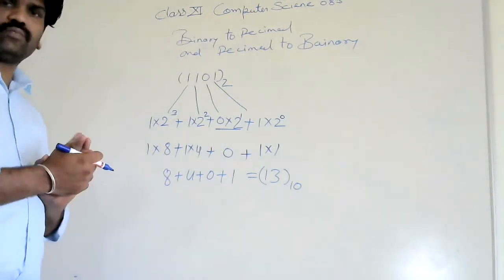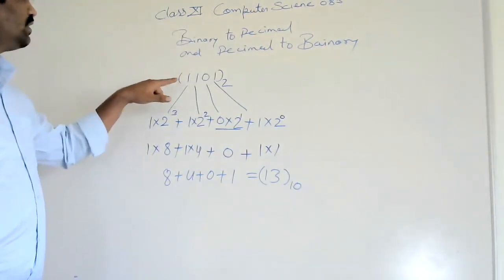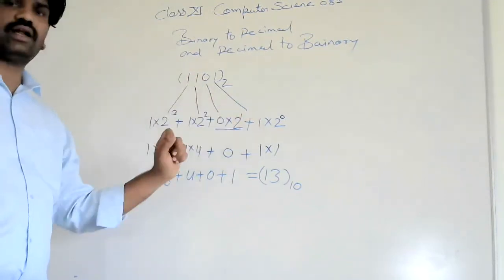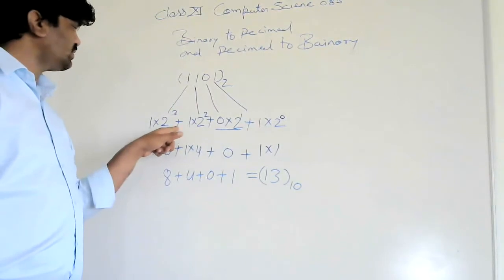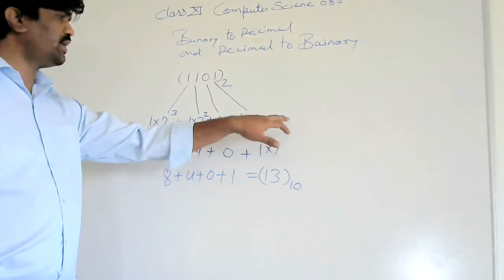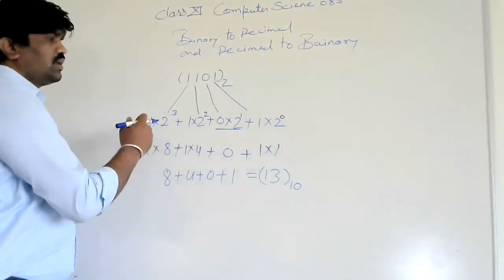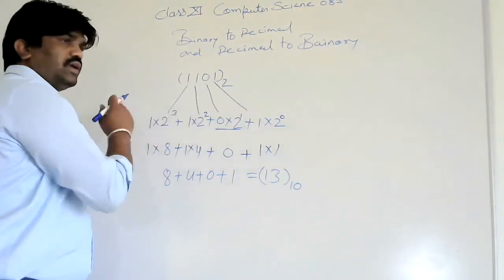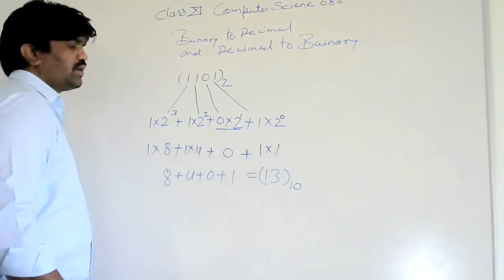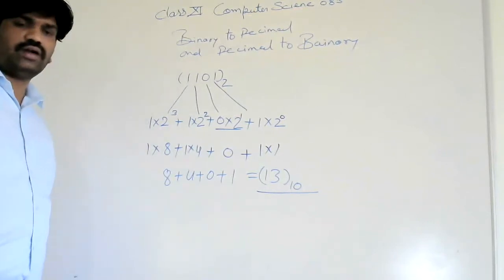Again I am repeating: take a binary number. After that we have to multiply each digit with 2. हर digit को 2 के साथ में multiply करना है. We have to place an addition symbol between each term, and after that we have to place powers on the 2 from 0 in increasing order. जहाँ तक चलता है वहाँ तक आपको 0 से लेकर increasing order में 2 के ऊपर power रखना है. After that we have to perform the calculation. The number that we get at the end is called your decimal number.